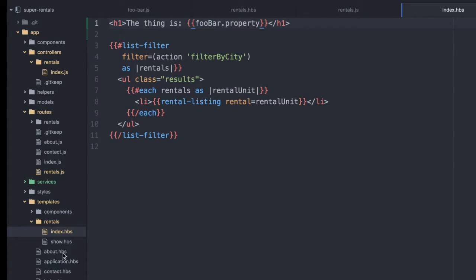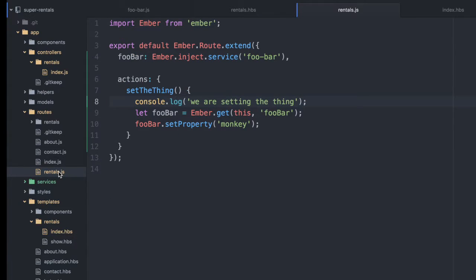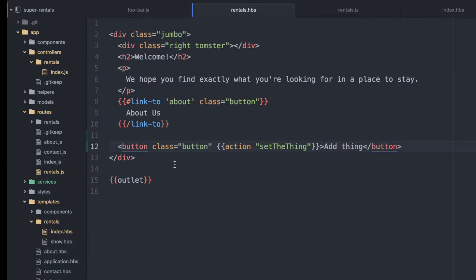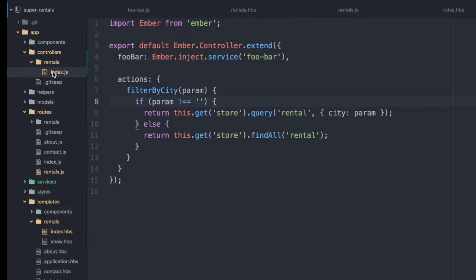We injected the service into our route object, right? Because we can inject services anywhere. Our route object is the parent route for the rentals route. Rentals has a sub route of index, which is what it renders in its outlet by default. So this is where our sub route is rendered. And then on a completely different object, in this case the controller object, which is not set up by this particular route, I also injected that service,